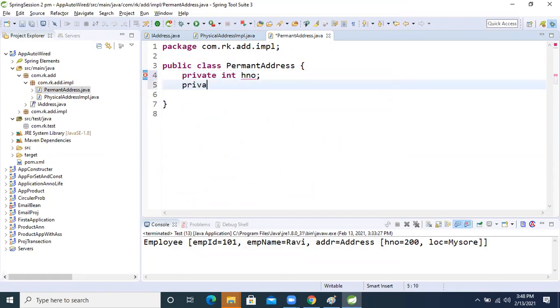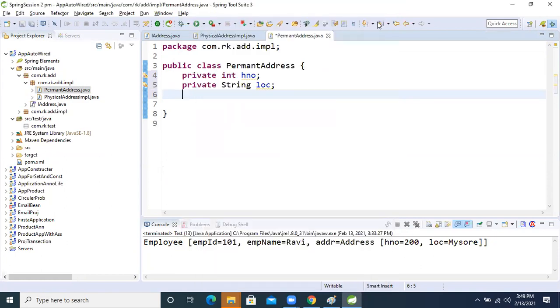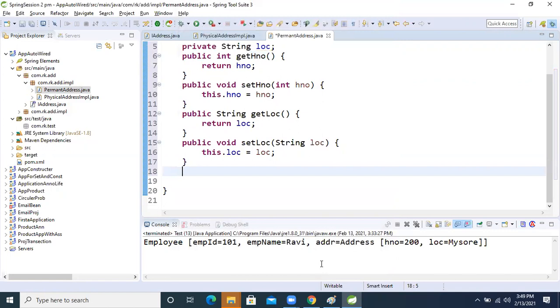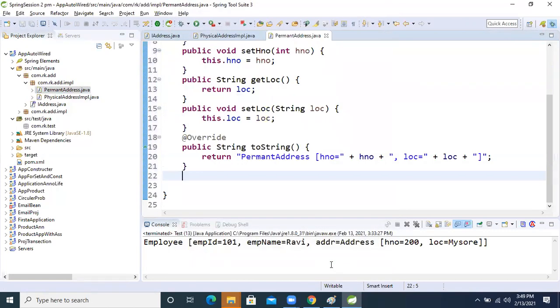Again private String location, loc. Two data types: Alt Shift S plus R, select all, generate setter and getter. Alt Shift S plus S, generate toString. So this class is also ready.